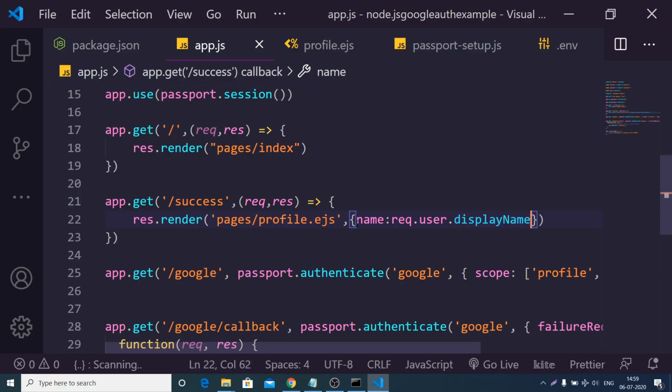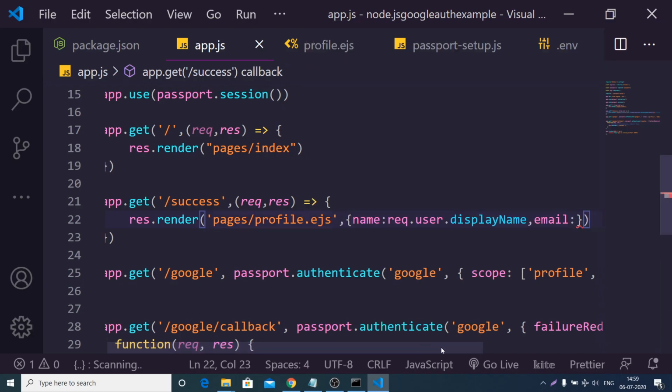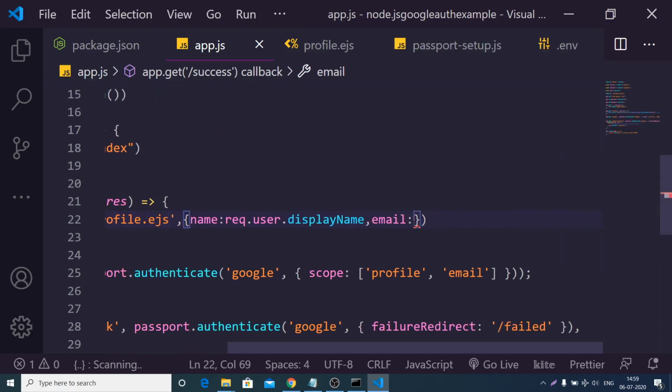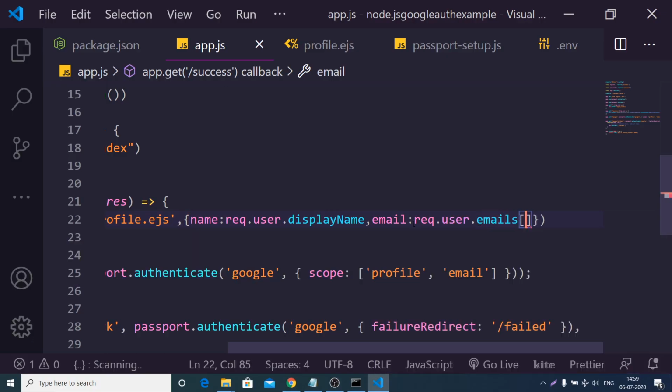So this is name, and in order to pass the email, there is an emails property also, which is request.user.emails. Emails is an array, and we need to get the first element dot value.